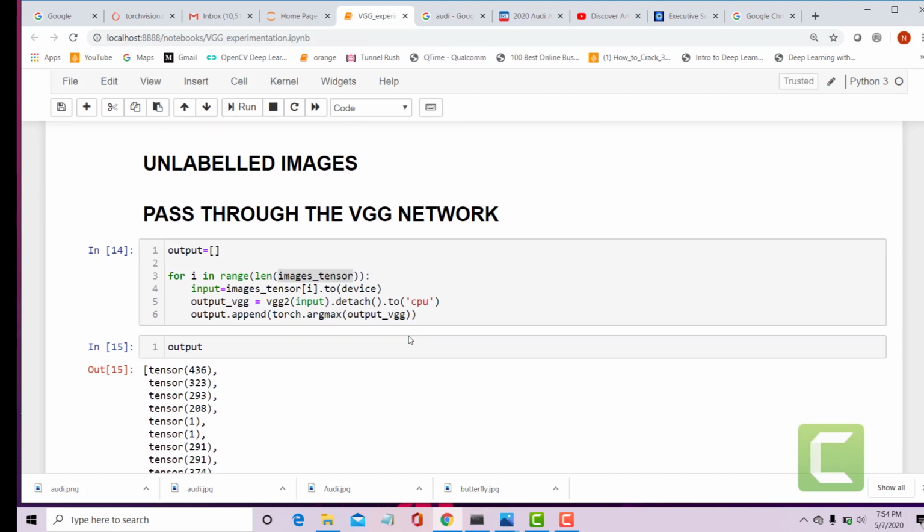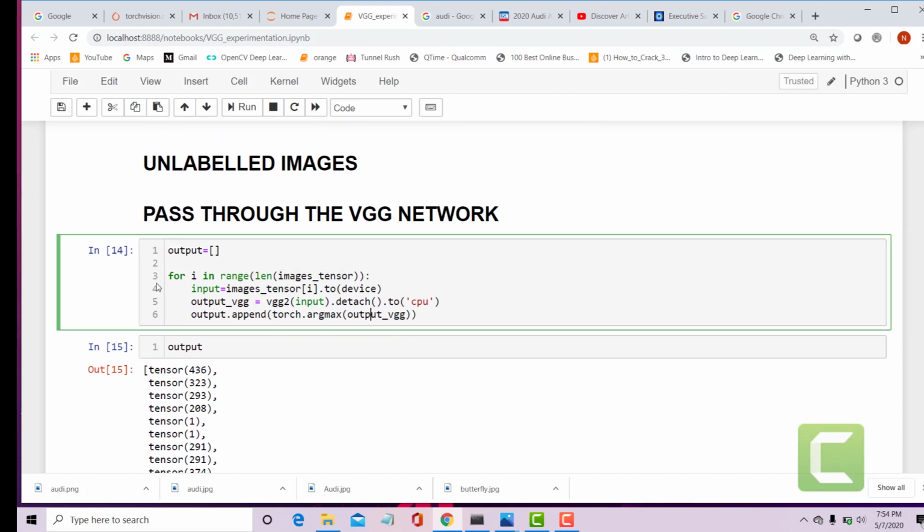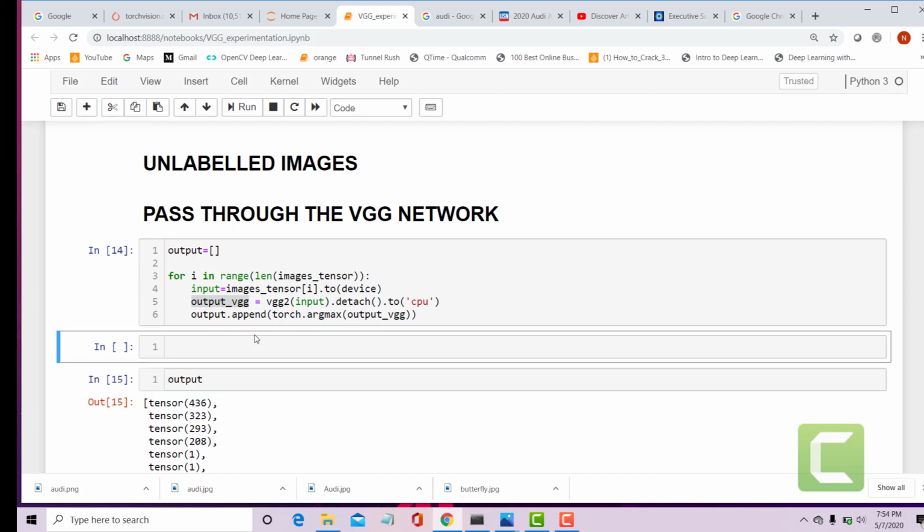Okay, so I'm doing that here. I go through all the images one by one and pass them to this. Okay, and it produces an output called output VGG. Okay, note that this output will be an array of 1000 numbers. I'll just show you an example.